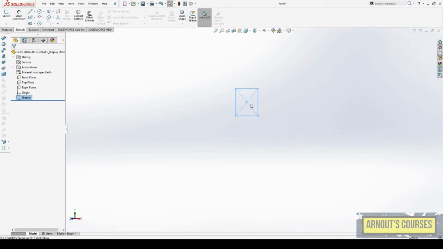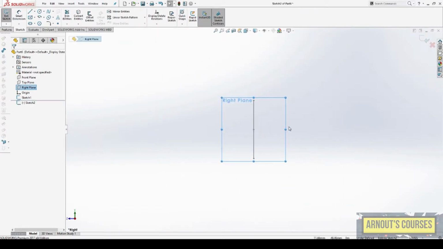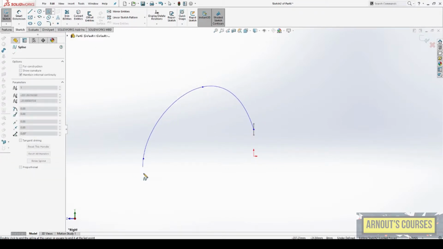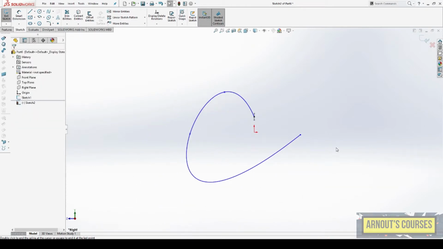Now we're going to create our profile path, which is going to be sketched on a plane perpendicular to the profile sketch. Click sketch, press Ctrl 8 on the right plane, normal to it, and we're going to use the spline feature, and we're going to create a very nice and very catchy spline. Press escape to stop using it,